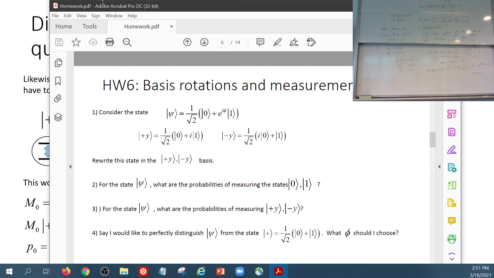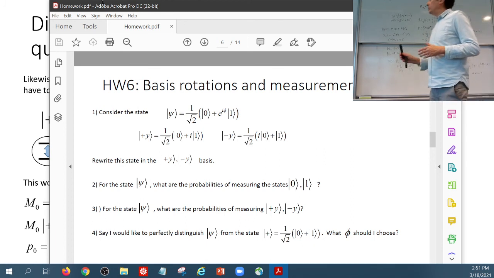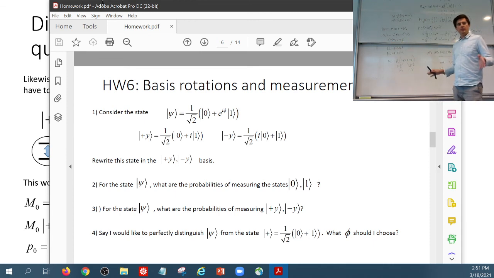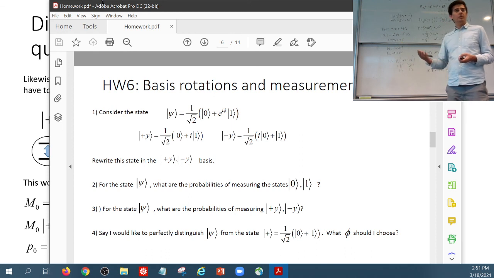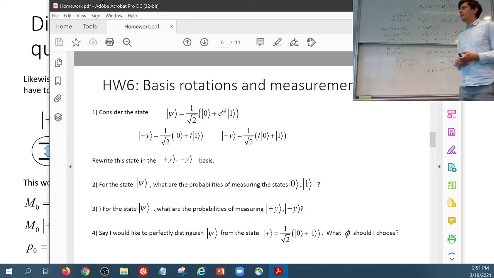And why do we need to measure it instead of telling the other person that you should measure in this state or that state? Is there a kind of communication protocol? Yeah, no, that just completely depends upon the situation that you're thinking of. So you can have a situation where somebody has some communication. They're allowed to call you up and do something. In this case, the idea is sort of more that there is